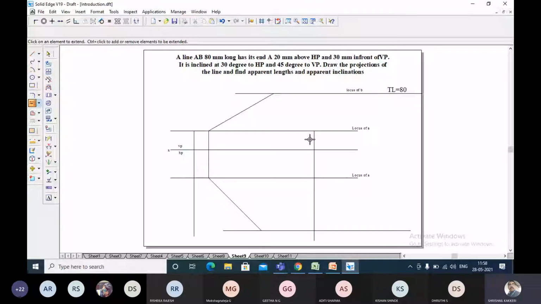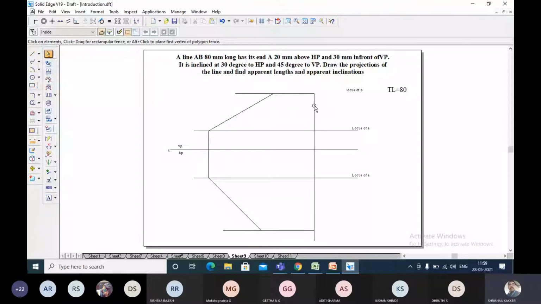And now you trim these ends. Once after this, you delete them. Why did I do that? I don't want to take the extra length of the lines. So all these together, hold control.